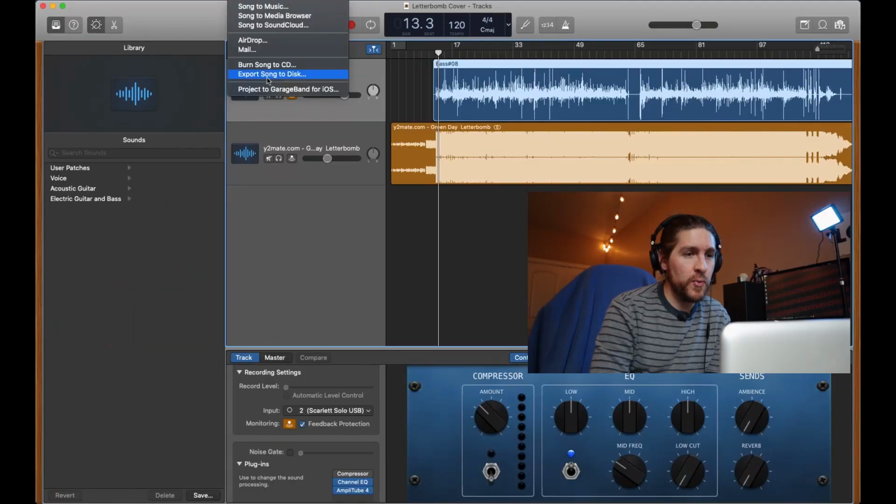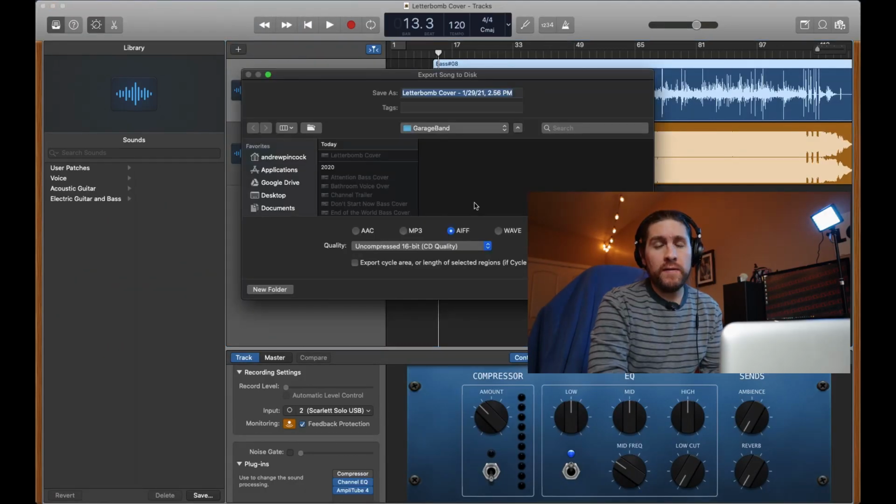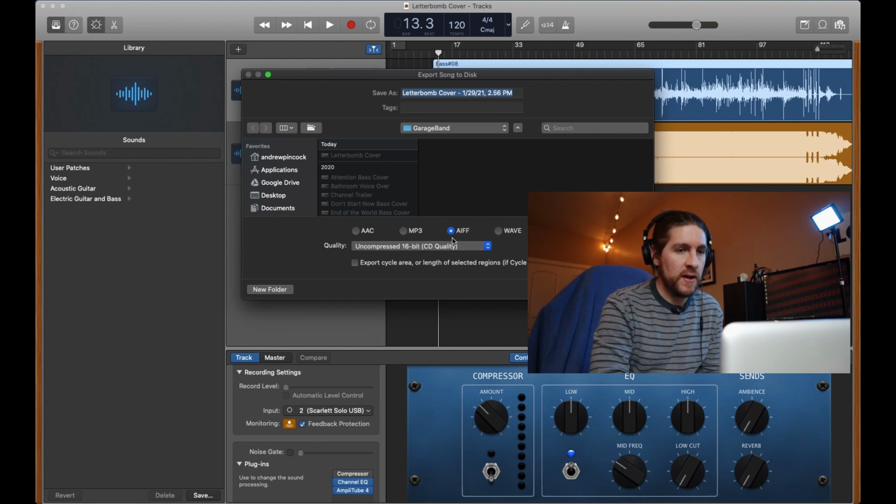So I like to do export song to disk. That'll give us the option for an AIFF, which is one of the higher quality file types that you can export. And I'm just actually gonna put this on the desktop, make it really easy for me to find. I don't mind the date and time on the title there, makes it easy to know which thing it is,